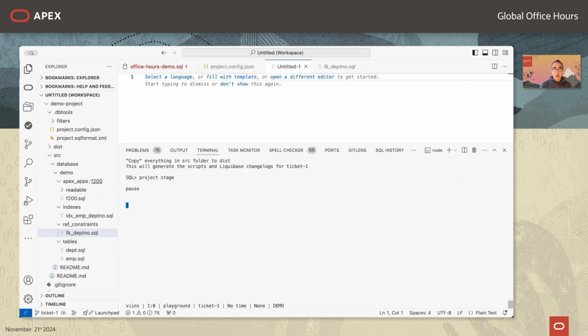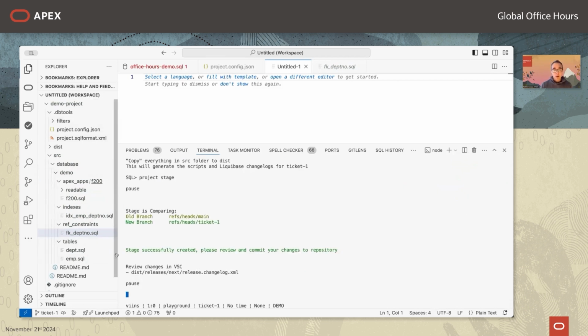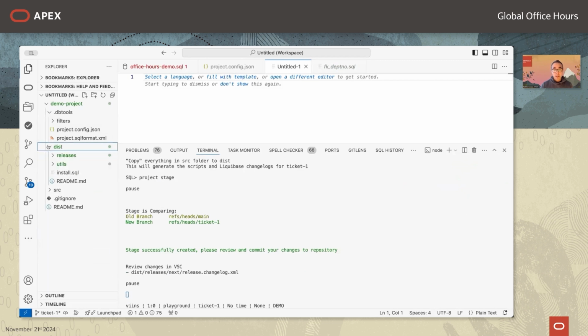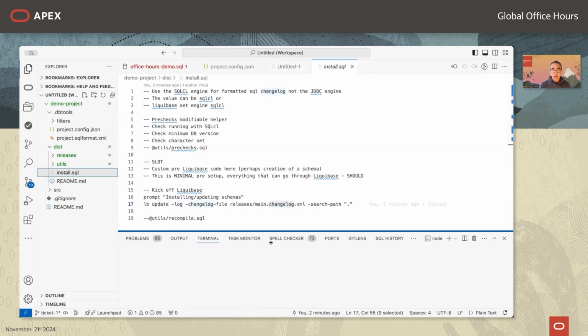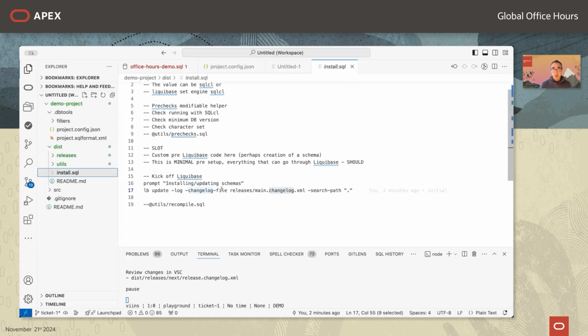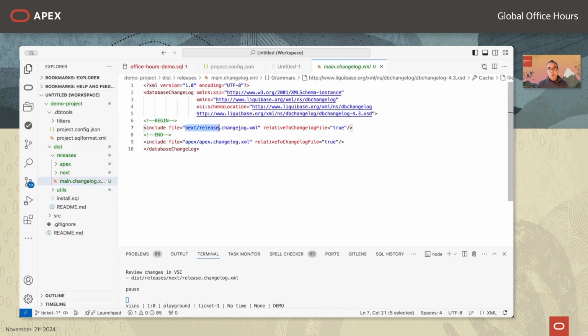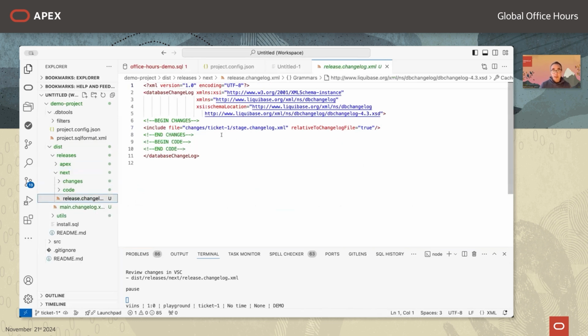I'm going to run this command called project stage. And it's going to take all these source files and put them in an order that will actually work for a distributable, so like an install. So I'm going to show you what this actually looks like here. And if we look at install.sql, this is all your installer has to run. And you're going to see it says, okay, we'll kick off main.changelog. So I go into release, and main.changelog says, okay, go into the next, which is my active development folder, and run this file. And then it says, oh, I've got a ticket here. Ticket one, run stage.changelog,